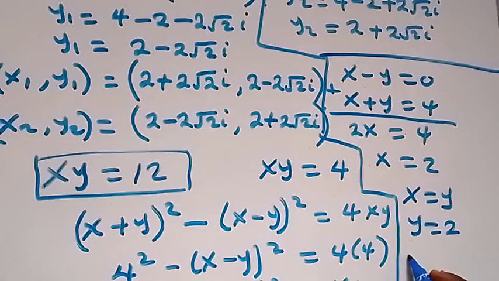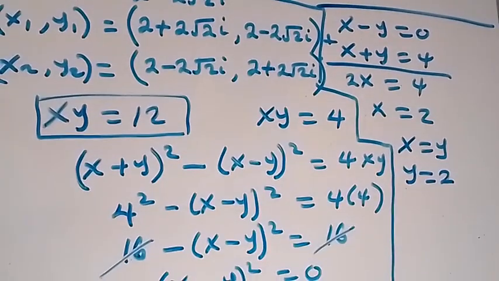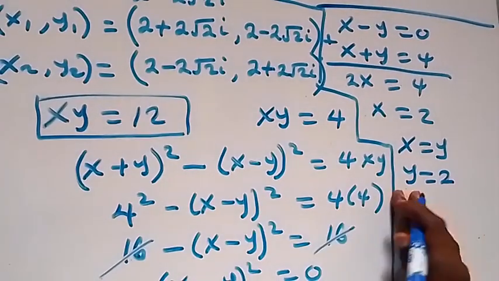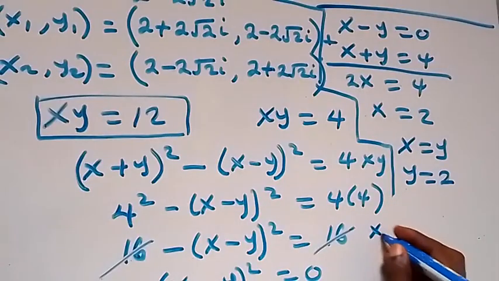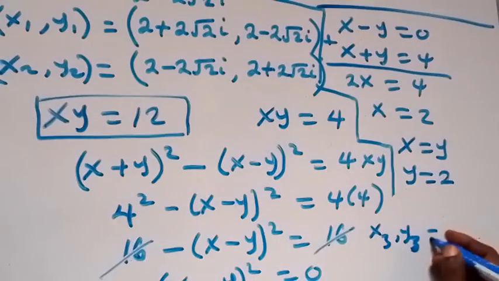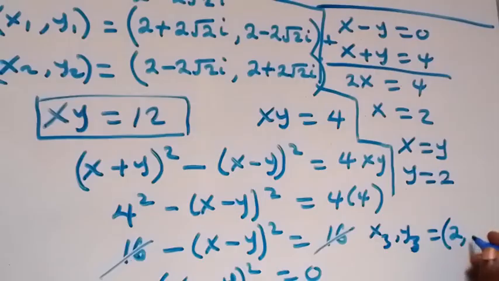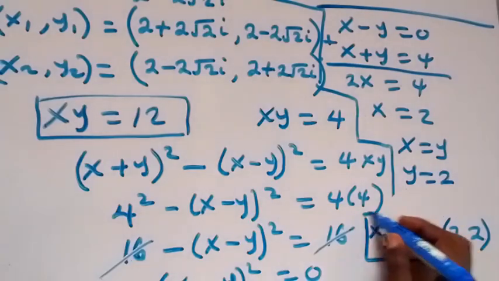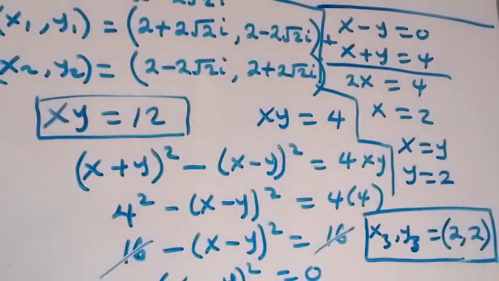Then the third set of solution, which is a real solution from here, will then be x3 comma y3 is now equals to x here is 2 and y is also 2. That's 2 comma 2. Here we have a real solution from here, and we can check if this satisfies the given problem. Please, you can lay your hands on that and check to confirm if this really satisfies the given